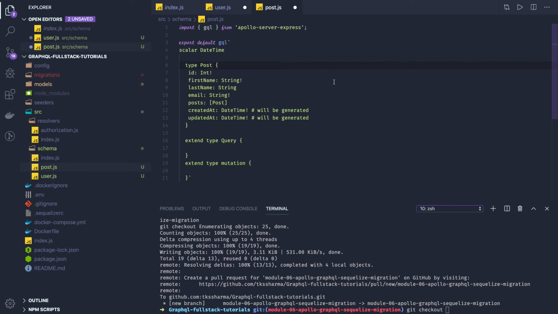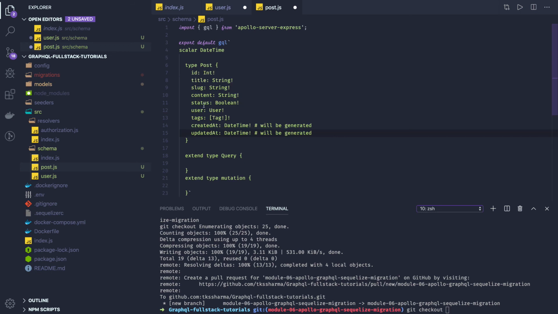So in post we are going to have ID, title, slug, content, all the same attributes whatever we have defined in the model. Okay, status boolean required, string, ID is integer. And in the queries, for a particular post we can fetch post, fetch tag, create post, get all posts, all these can be queries.